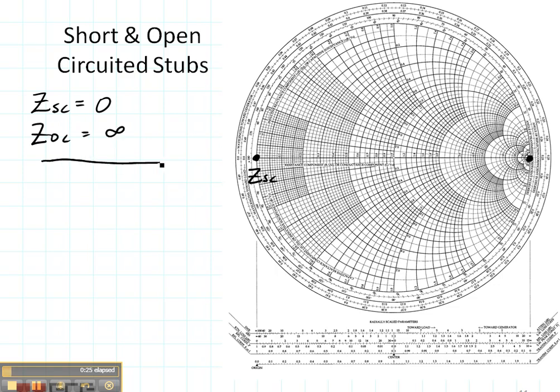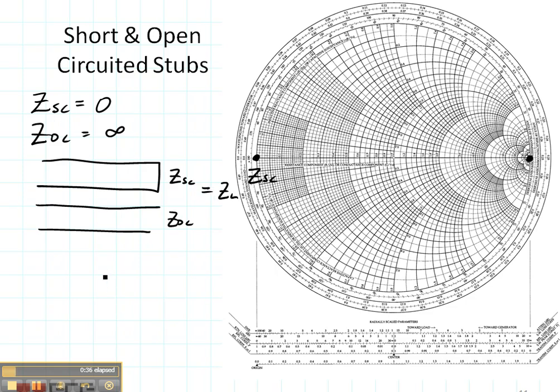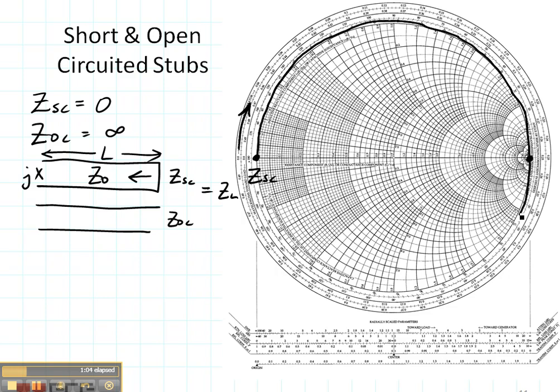Let's draw a picture of either our short-circuited case or our open-circuited case, and we can see that this is the load for a stub with a length L and a characteristic impedance Z0. So if I knew that I wanted to have some imaginary part right here, all I would need to do is start at my short circuit and rotate towards the generator, right here like this, and look, I can reach virtually every imaginary part on this transmission line starting with my short circuit.